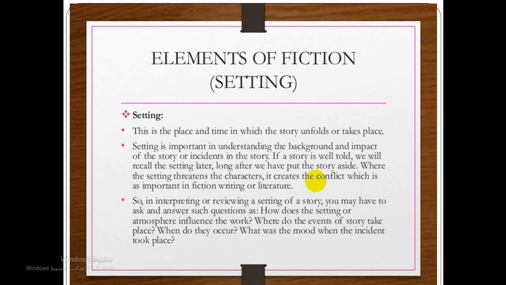Studying the time period is also part of the setting. While you are interpreting and analyzing the short story, ask and answer these questions. When was the story written? When does it take place: in the present, the past, or the future? How does the time period affect the language, atmosphere, or social circumstances of the story?